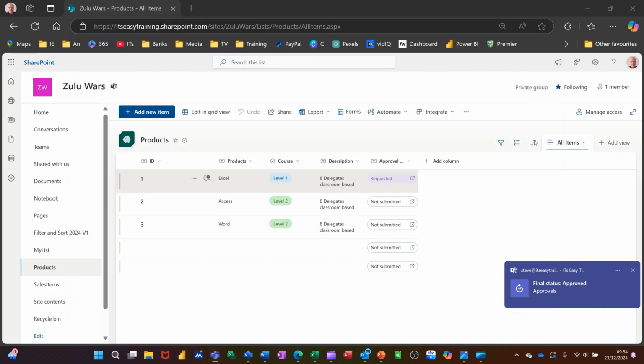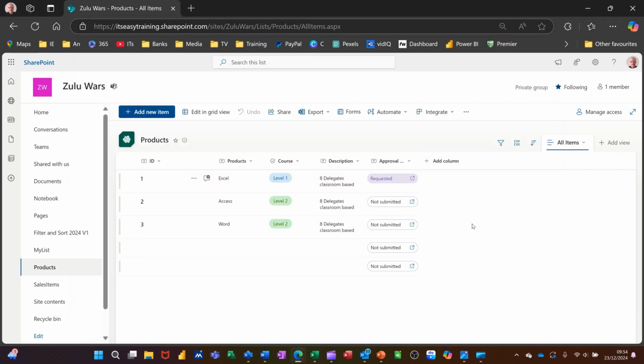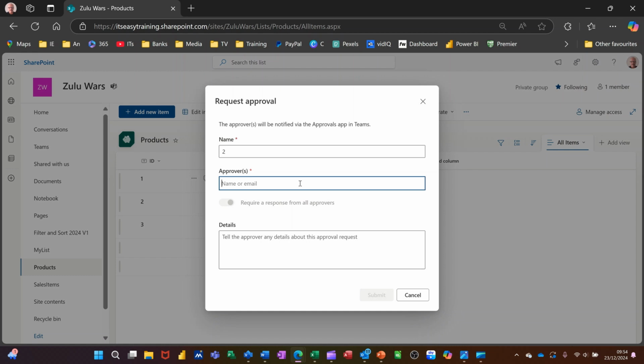If I close this down, come back into this, basically if I refresh the screen, so now it says approved, and then I would have to repeat the process for each of these. So that's how you enable the approvals feature, and that's how you use it. So you would apply it and then submit for approval for your boss, and then they would either say yay or nay. And if I do one that doesn't get approved, so I'll send this one to myself again,